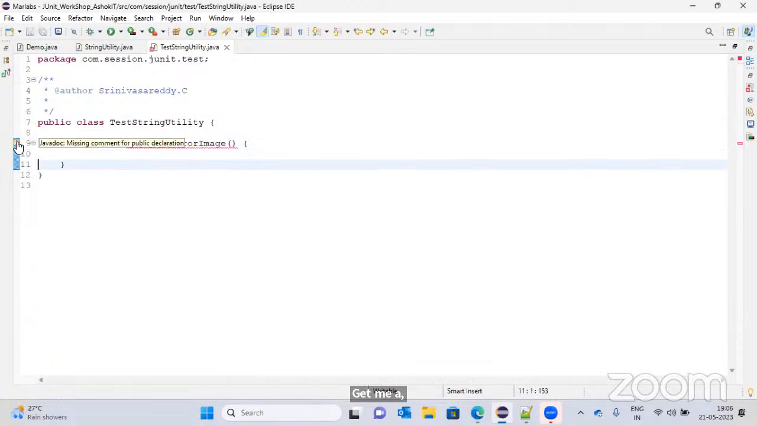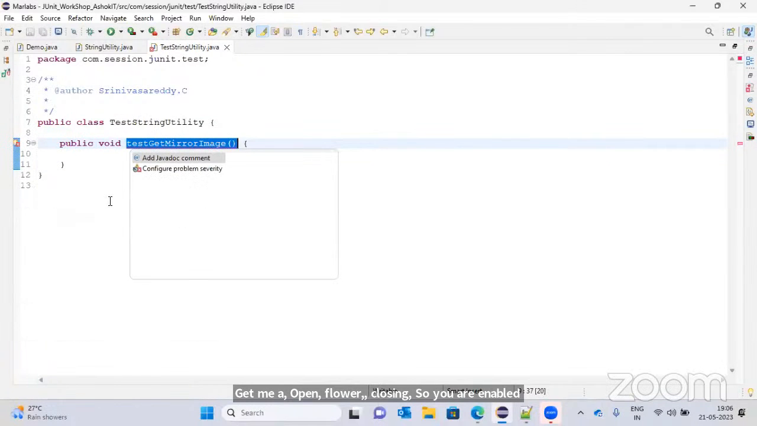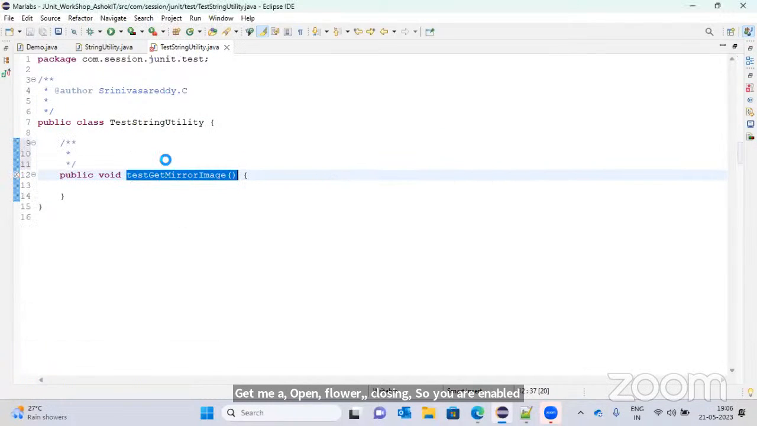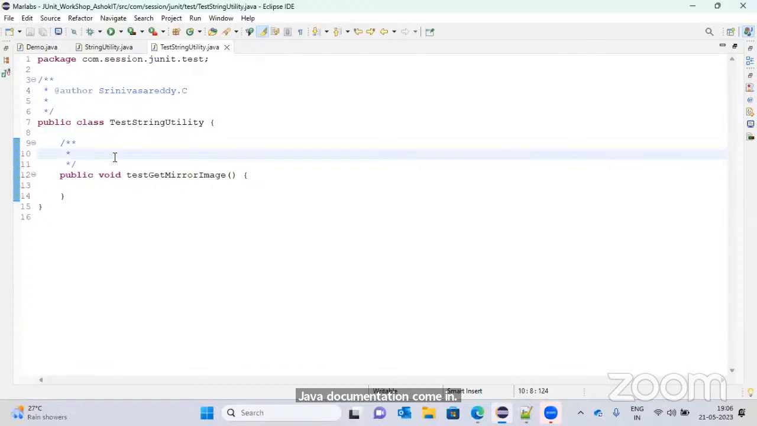You have enabled Java documentation comments, that's why it is forcing you to add Javadoc. Okay, so generally for each and every scenario, we might have one positive scenario and multiple negative scenarios. You need to check positive and negative scenarios as well. So when I'm writing a test for the positive scenario,